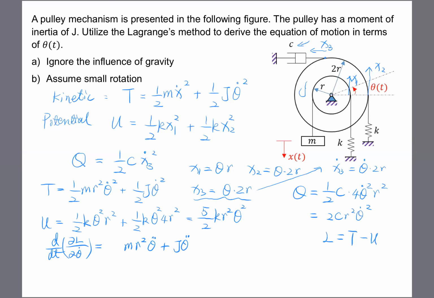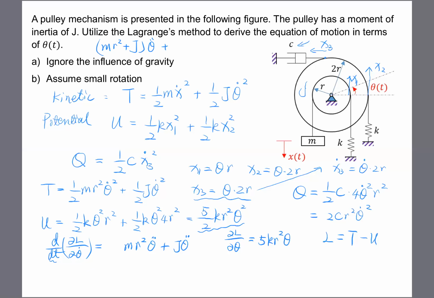The second term we need to calculate is partial L, partial theta. In this case, we only focus on the U, the potential energy. So it's simply 5 k r squared theta from this term. And then our equation on the left-hand side would be, I think I'm running out of space, let me write it on top. It would be m r squared plus J, theta double dot. That's from the first derivative, plus,